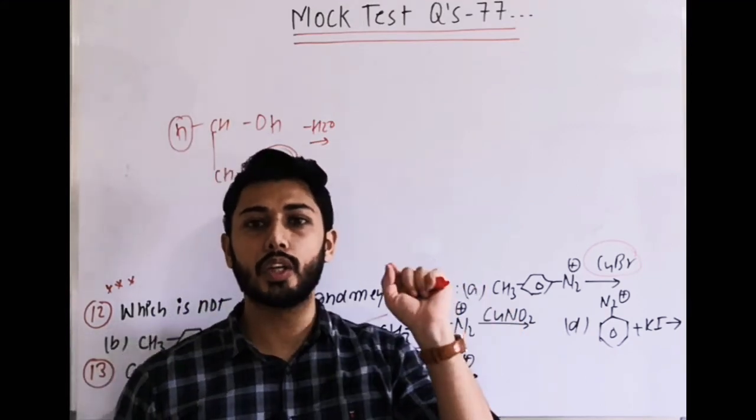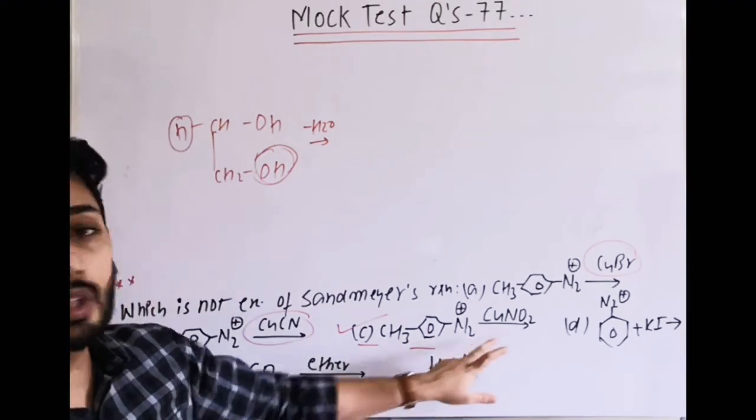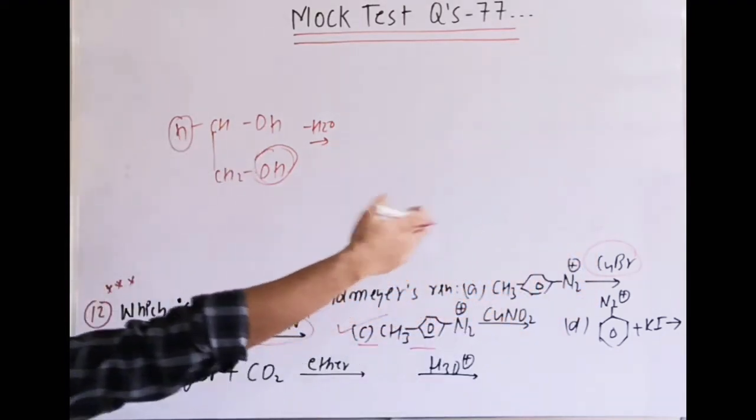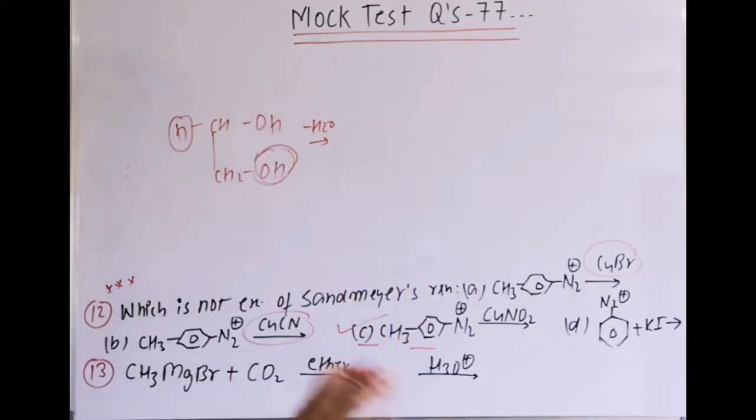So when you solve this you can report there also that the answer is C, which is not mentioned anywhere for Sandmeyer. ठीक है, the remaining are given as CuX, where X we can take as Cl, Br, CN, and KI is also given in the Sandmeyer part, but this is not given, which is CuNO2.